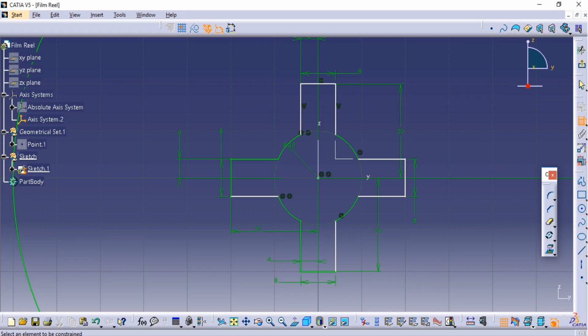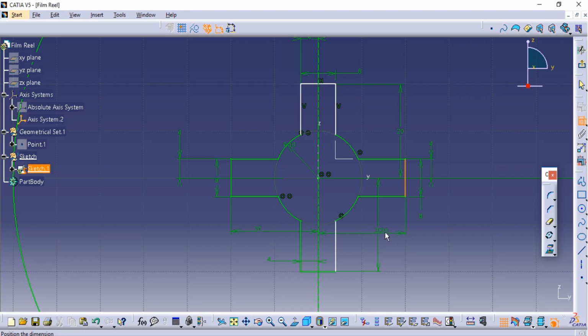This 8 is wrongly given. Let's take from this to this. It should constrain the sketches properly. From this to this 4, then from this to this 8, from this to